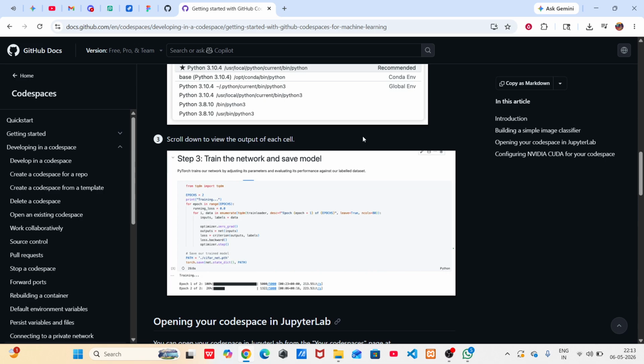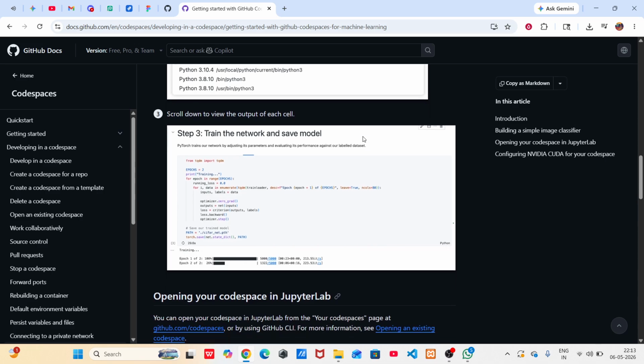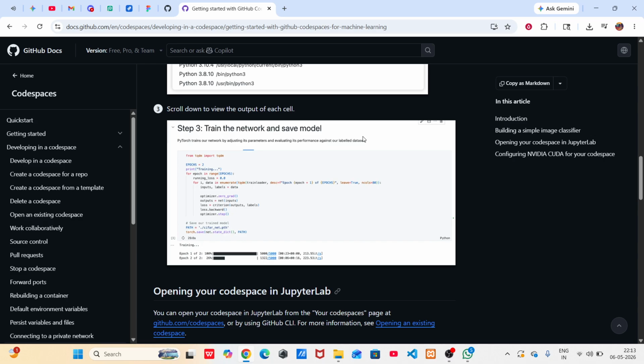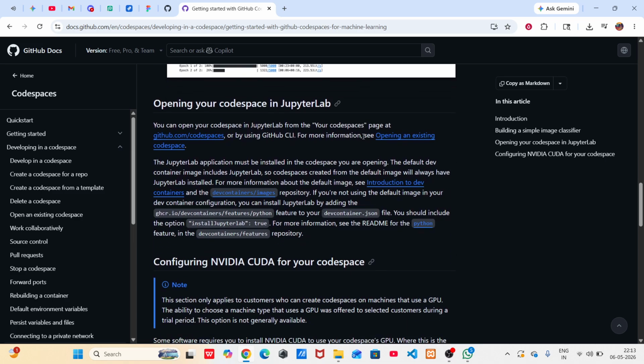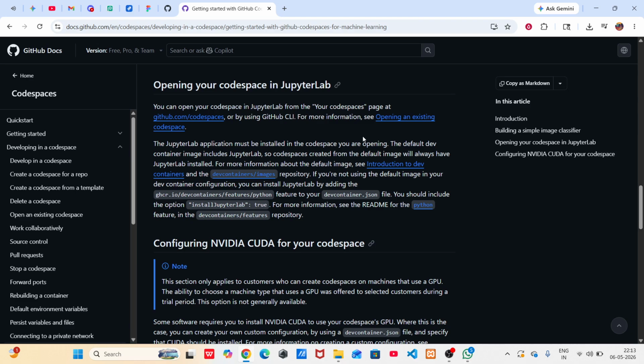After you run everything, you'll want to scroll down to view the output of each cell. This is where you'll see the various processes being executed in the notebook, including steps like training the network and saving the model. Now, if you find that you want to open your Codespace in Jupyter Lab instead, you can